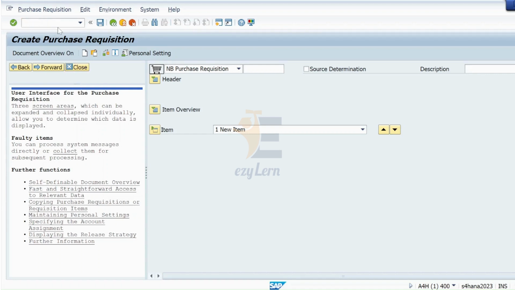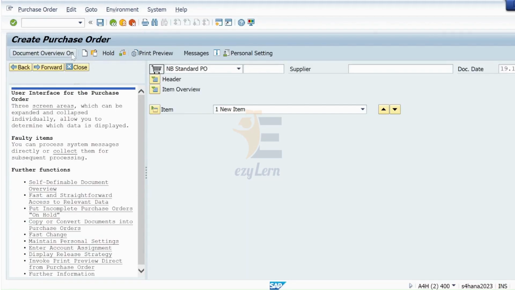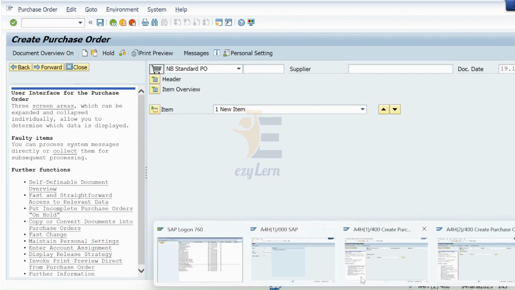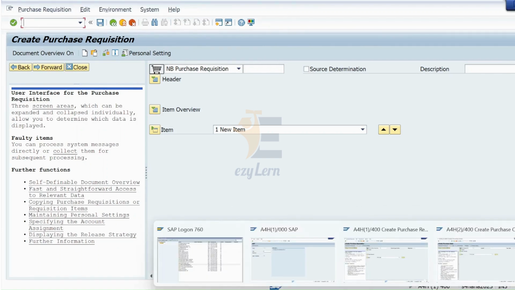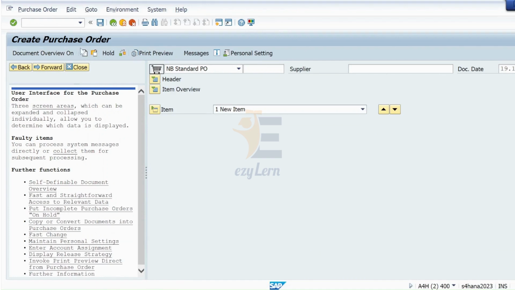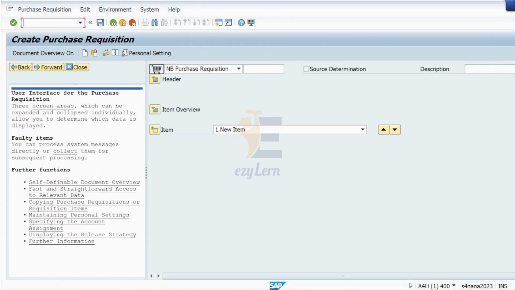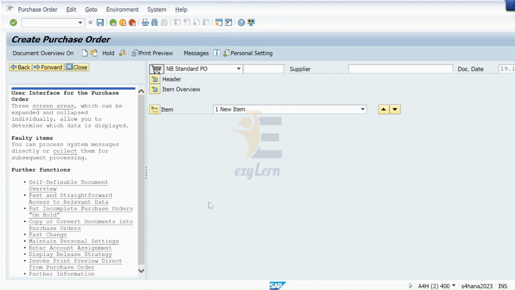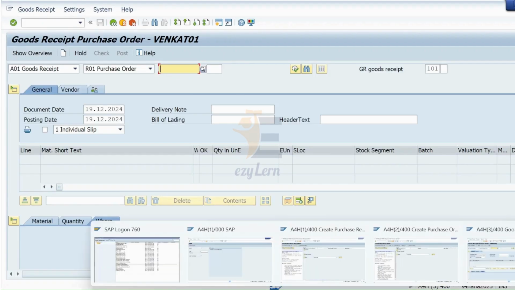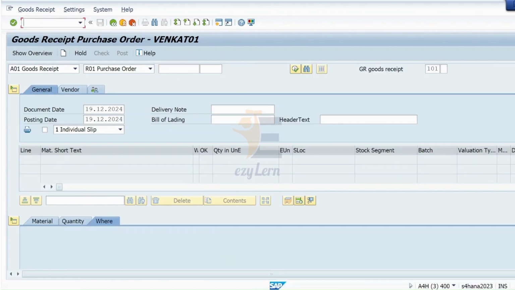Then hit enter. Now you see the create purchase order screen is there, but from here itself I can also see the create purchase requisition screen. So I can switch between the create purchase order screen and the create purchase requisition screen. Like that I can open multiple screens. It's not like only two, I can open multiple screens. So right now I just opened 3 screens. If I want to open more screens, I will just use /o